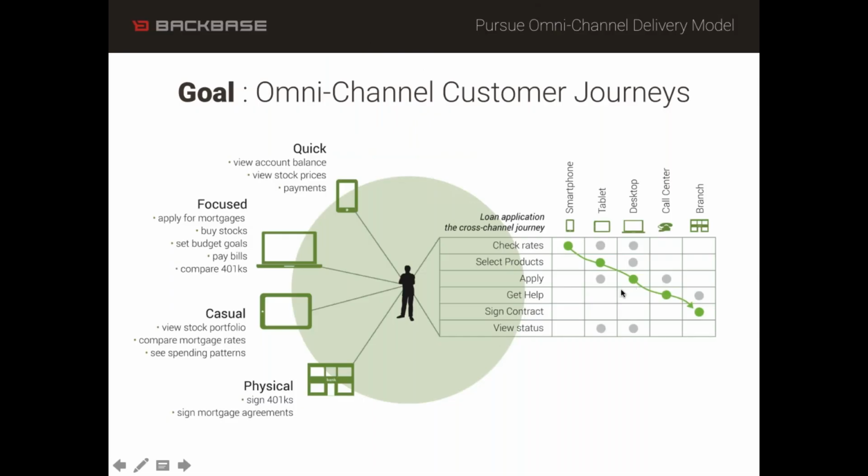Sorry. You of course check the rates, and it's likely that you do this on a smartphone. From there onwards, especially with a mortgage, it might be your tablet or desktop environment, where you start looking for more details and potentially even do the first step of applying for a mortgage. If you go through the whole cycle, there might even be some human touch points. But then again, you want these touch points to be preferably seamless, and equipped with the same data, I guess. You don't want to provide the same stuff over and over, right?